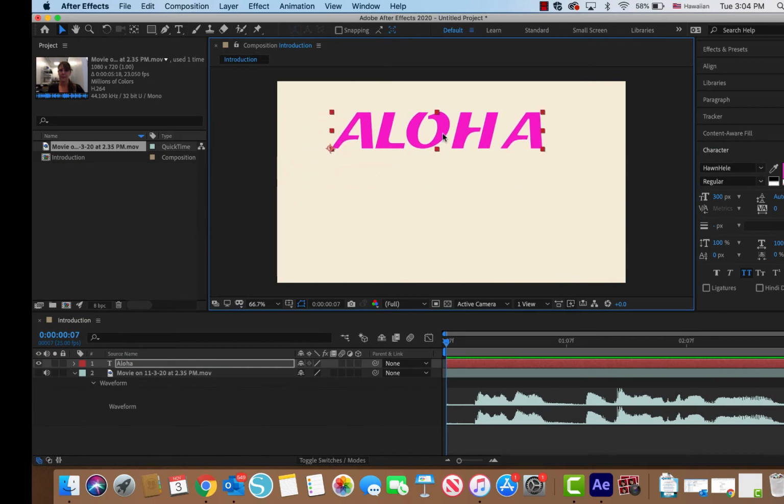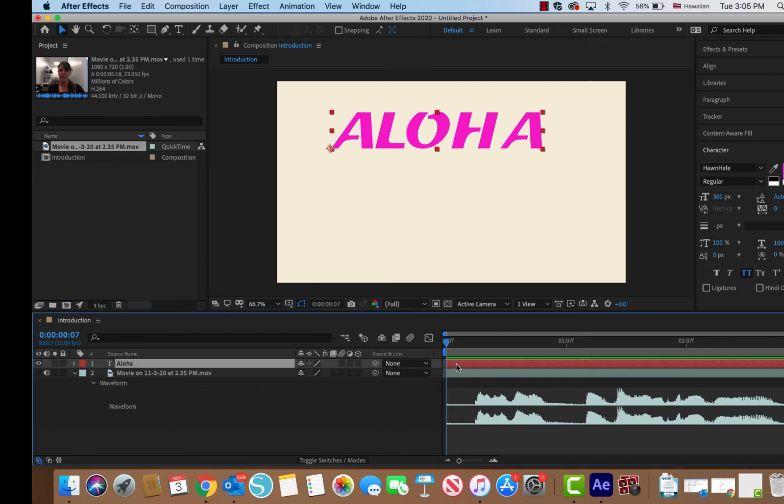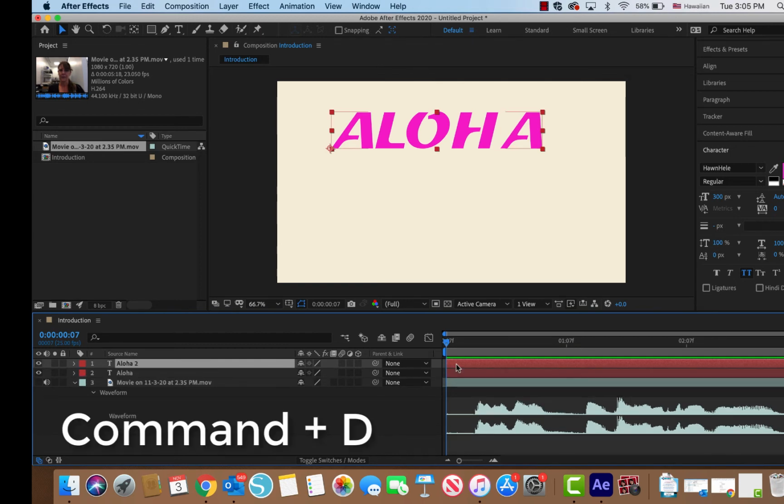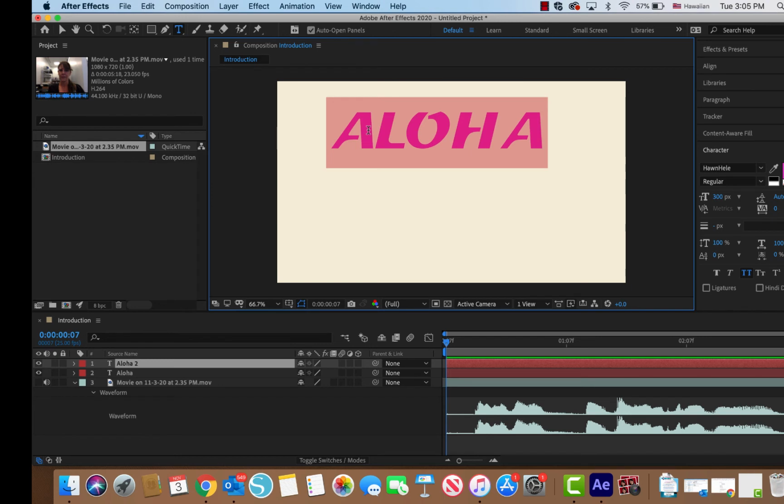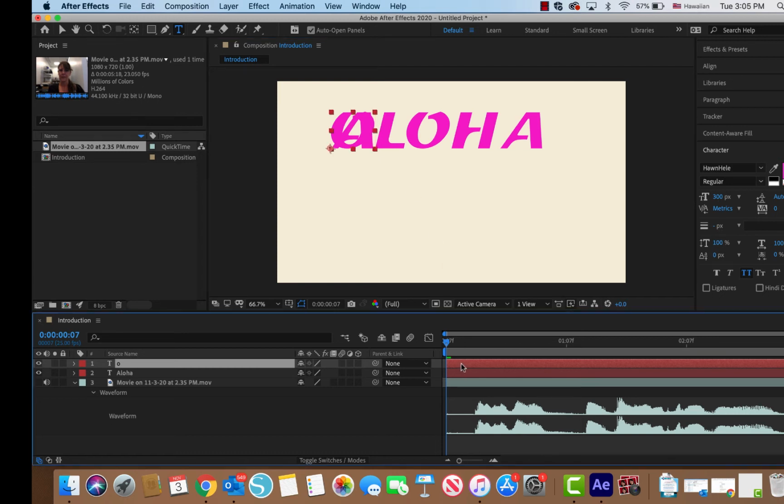Aloha, and then I am going to insert the rest of this. So just like we did in Photoshop, only it's a different shortcut, we're going to press Command D. That's going to duplicate my layer. So notice here it says Aloha 2. What I'm going to do is just double click here, and I'm going to say Aloha, and then I'm going to say O. Then I'm going to duplicate again,